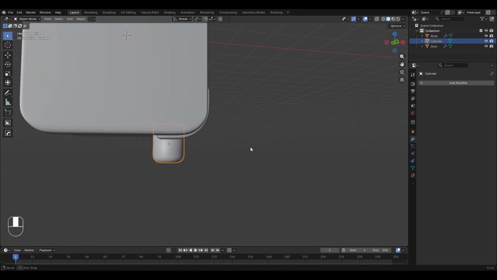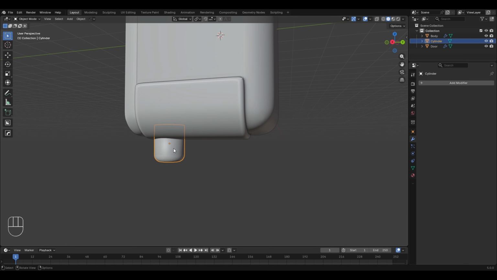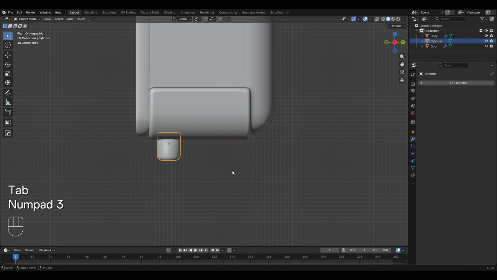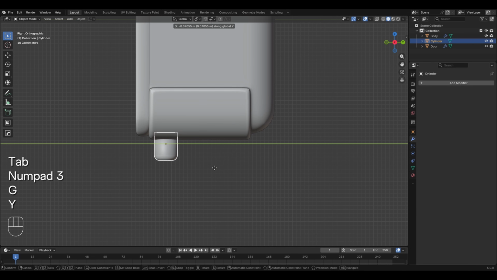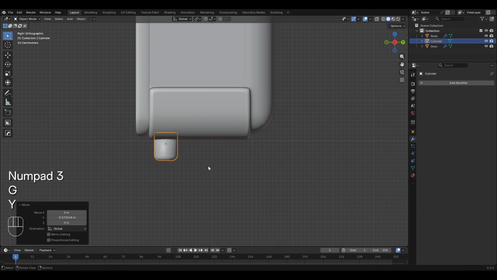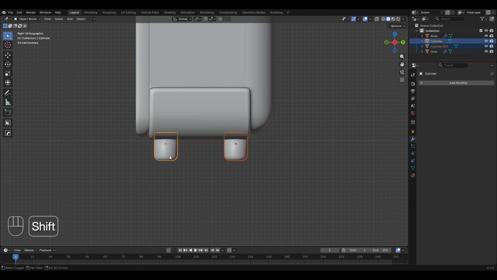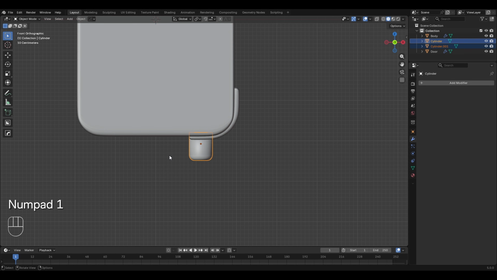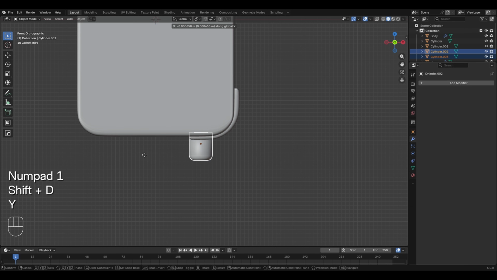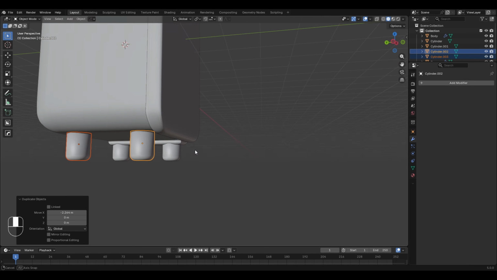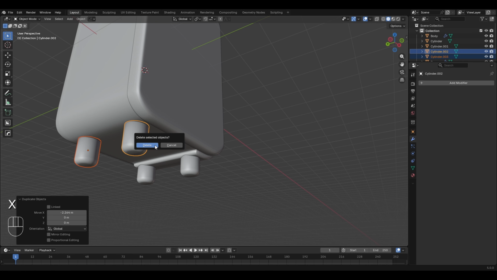Now I'll change the angle to take a look at it, and I think that I can slightly reduce its overall size. So in the edit mode, I'll scale it down slightly. Let's go to the side view again and push it slightly forward in the Y axis. Then I'll create its duplicate and place it over here. Now I'll select both of these. Let's go to the front view, press Shift D to create a duplicate and move it in the X axis. And in case you want the results to be completely symmetrical, then what you can do is delete